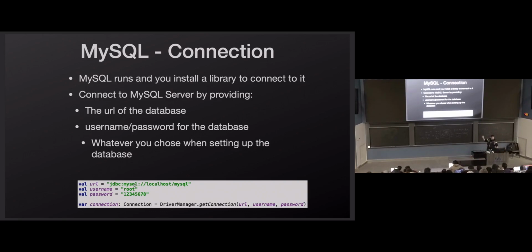We're going to connect to the database through a URL. And we're going to give the username and password, which are going to be something you set up when you install MySQL. So you download and install MySQL. During the installation process, it'll say, what do you want your username and password to be? Or rather, what do you want your root password to be? The password for your root account. You can set up an account. You can use root. However you want to set it up, make sure you're consistent between what you set up and when you connect to it. If you don't have the right username and password, of course, you're not getting in.